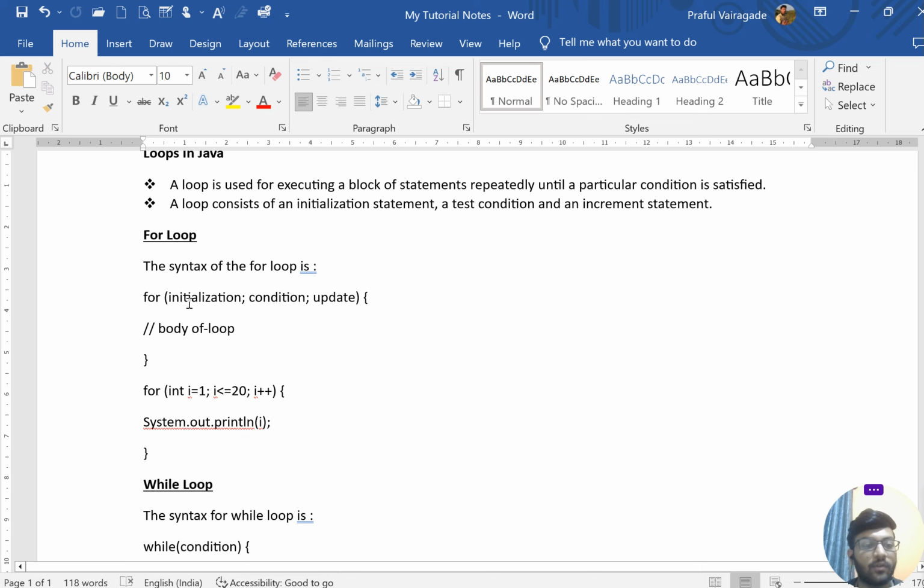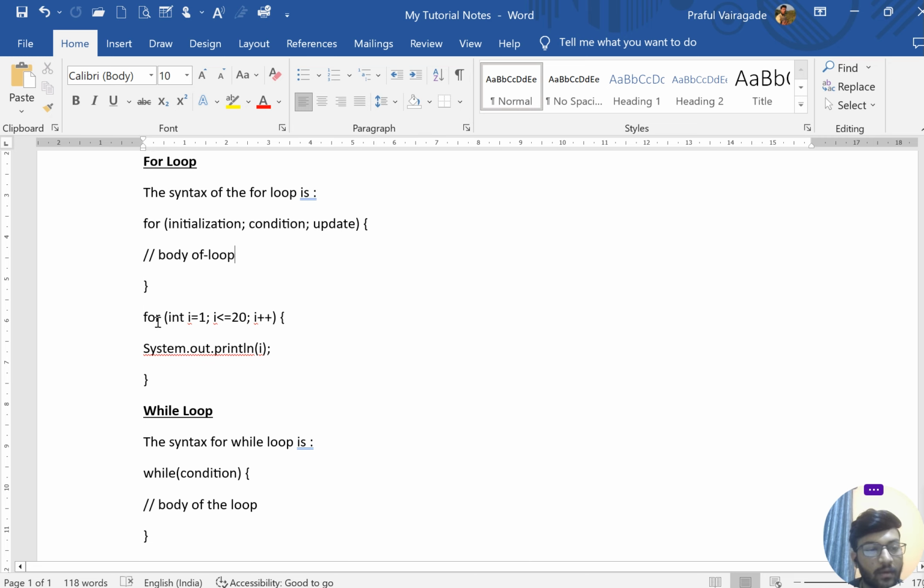A for loop consists of an initialization statement, a condition statement, and an update or increment statement. Inside this loop there is a body which will get executed after the condition becomes true. Okay, so in this example, according to the syntax,